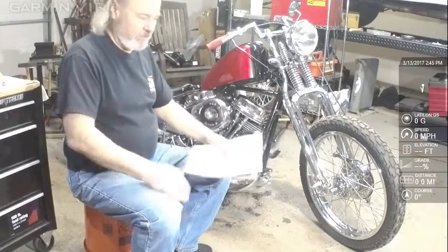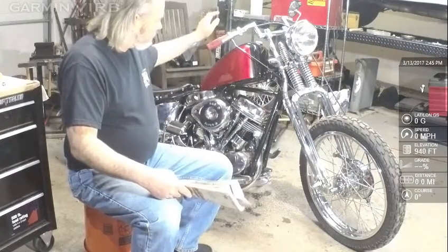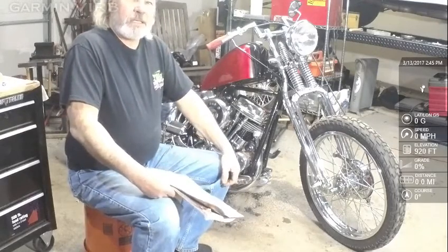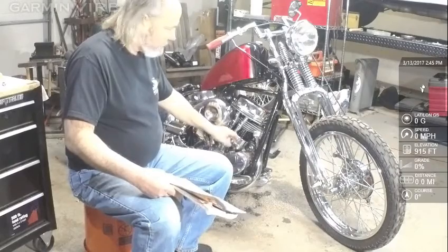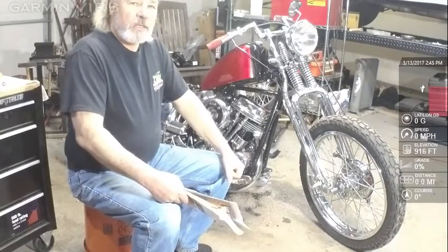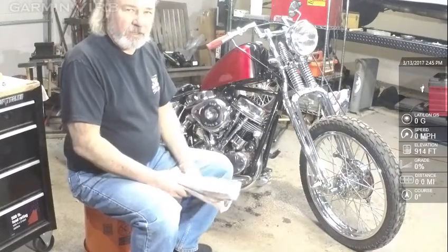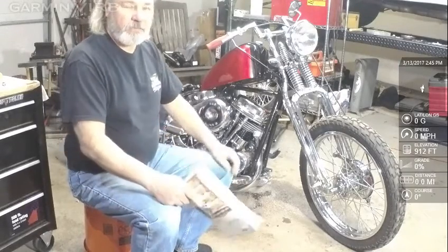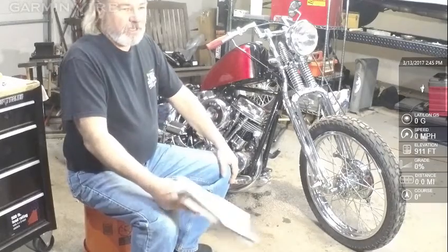It's Craig Anderson. This is my '57 Panhead. '57 had an old style distributor with points and a mechanical advance. That was what all the motorcycles had, all the Harleys had, from '36 up until I don't know what year,